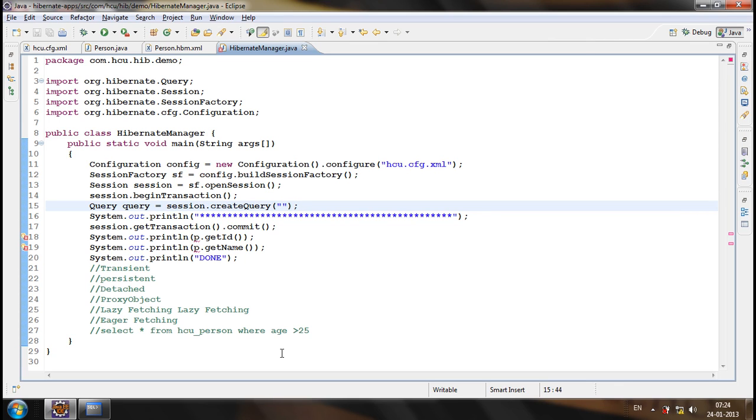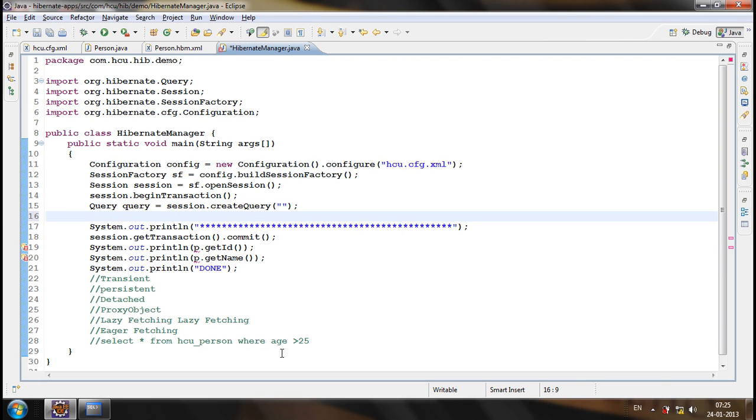So, in the createQuery, we should give the query. And the query that we give in the createQuery method should be a query of